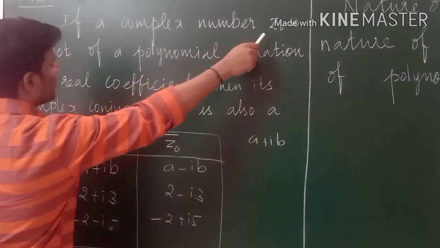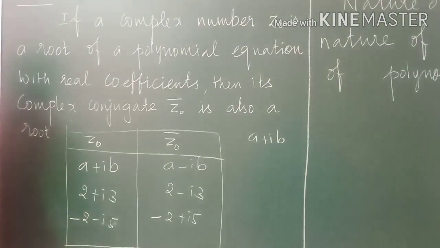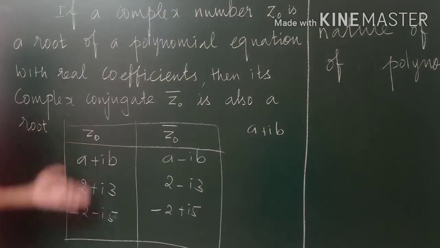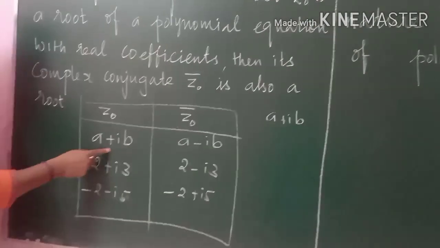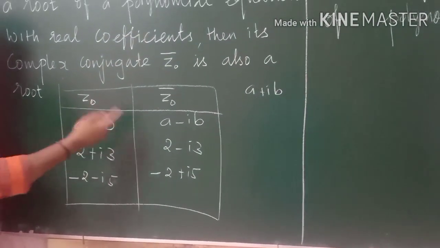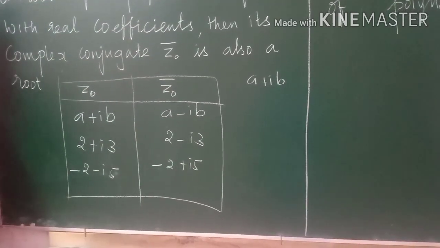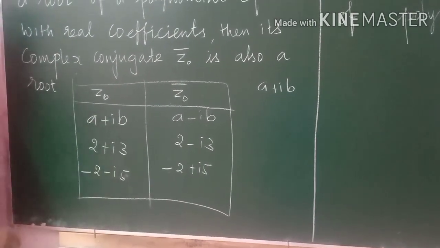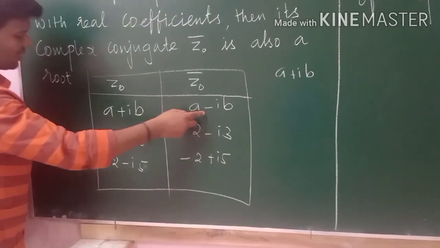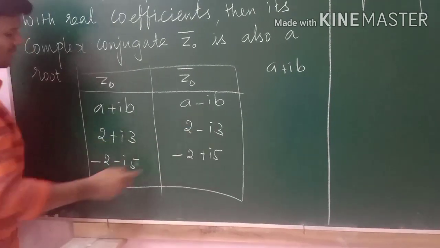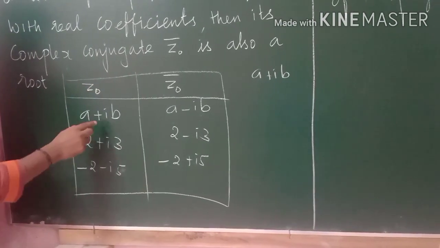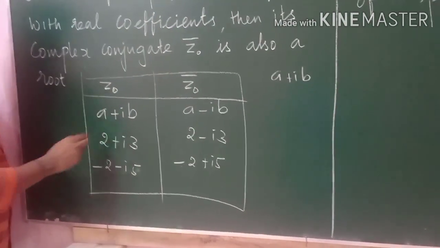அதாவது ஒரு complex number z0 root of the polynomial equation, and the conjugate z0 bar னா சொல்றாங்க அந்த root. We will see some examples. Suppose the general form of complex number z0 is a plus ib. அப்ப இது root னா அப்ப அந்த conjugate a minus ib. We know what is conjugate, அந்த imaginary unit ஓட sign மட்டும் மாத்தும். அதாவது conjugate of the complex number, இங்க plus i னா அங்க minus i, இங்க plus 3i னா அங்க minus 3i, இங்க minus 5i னா அங்க plus 5i. எப்பவுமே conjugate எடுக்கும்போது imaginary unit ஓட sign மட்டும் change பண்ணா போதும்.